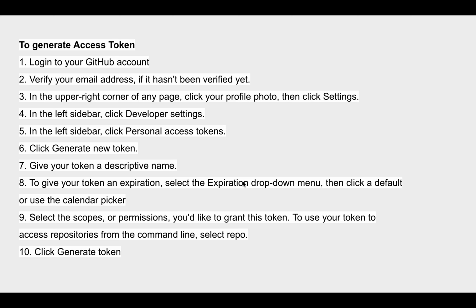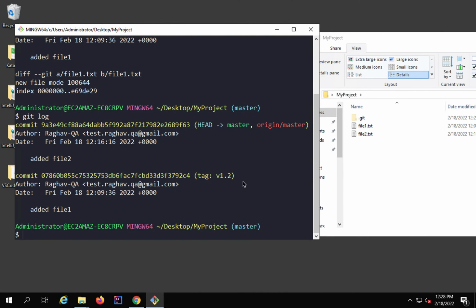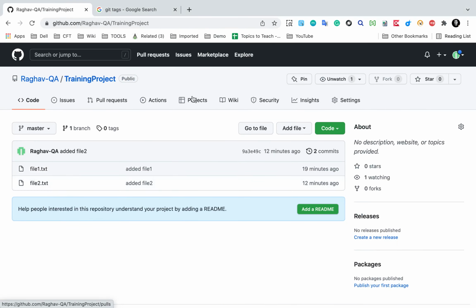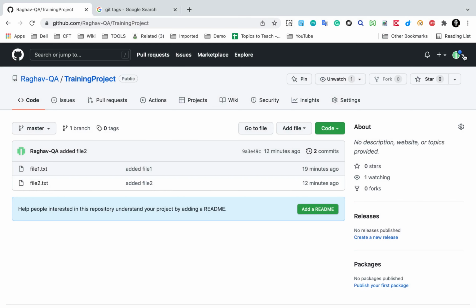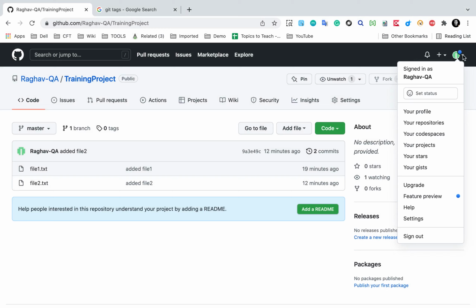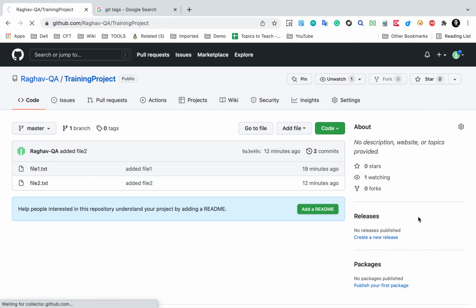Now this is some information. So there has been a change in Git. Whenever you want to use any Git repository from any third party like Jenkins or any of your project on Eclipse or VS Code, you may have to give the token instead of password. So for that, if you have to face any use case like that, you can go to your GitHub account and go to this top right corner where you have your user, and click on this drop down, go to settings,